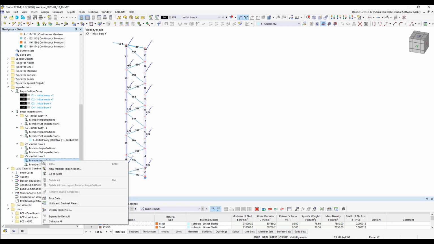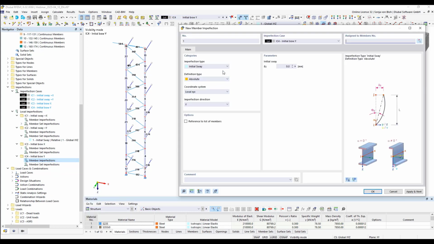So here new member imperfection from imperfection type initial bow, manually relative, same initial bow as for the X direction, also in global, and imperfection direction is now Y, and here I have also to activate this option. And then